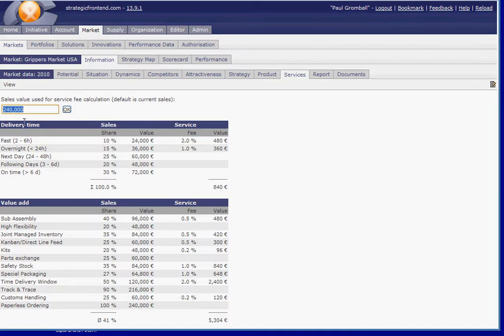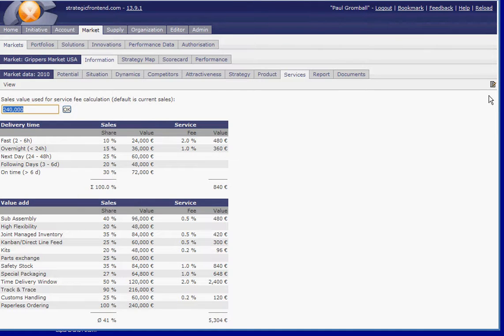So it is to section delivery time, how fast the customer expects your product, or what is the service degree that the customer expects, like fast, overnight, next day, or on time, and value added kind of services: sub-assembly, high flexibility, joint managed inventory, parts exchange, safety stock, special packaging, time delivery window, track and trace, customer handling, paperless ordering, all the things. So this is what has been filled out